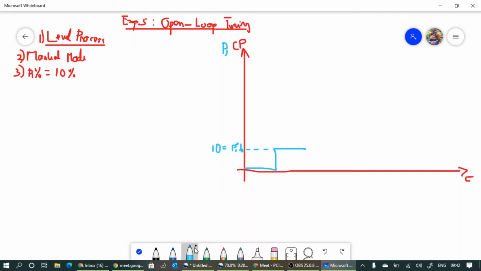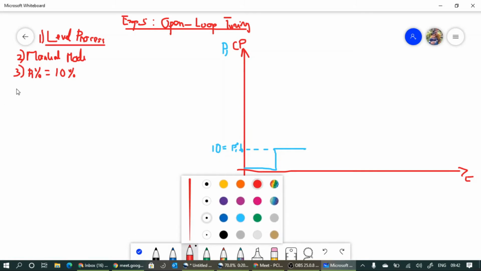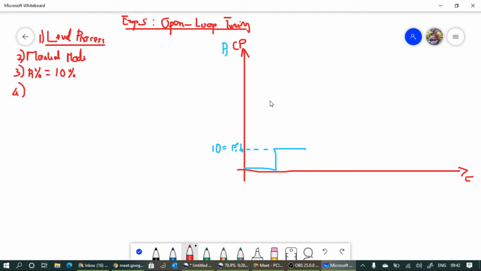Now what is the first step that you have to do? Initially, with the control output, the level may be at some point. We don't know at what point the current level is. After changing the manual output to 10%, you have to allow the process variable to settle at some point. This one is level, usually 0 centimeter. If you are giving 10% manual input, definitely level will change. Initially that is 0 centimeter or 0%. After this step, level will settle at a new point.